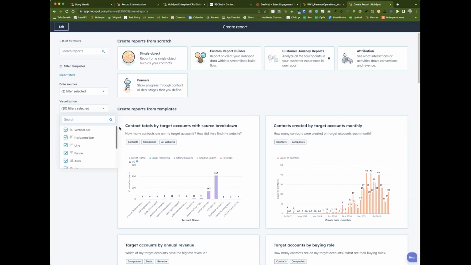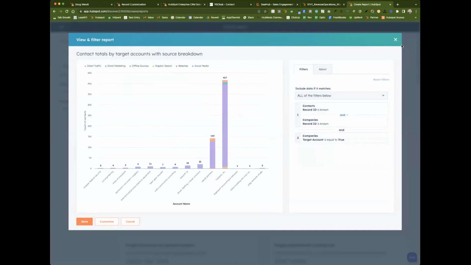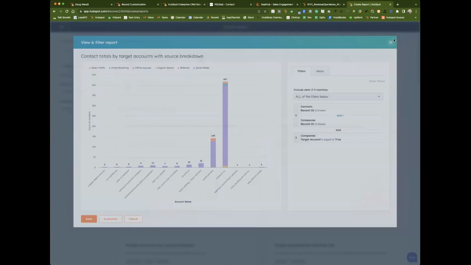Again, you don't think, oh, I want to see this in a pie chart until you see it in a pie chart and you're like, oh yeah, that looks nice. Or you don't want to see it in a column chart until there's a ton of color and attribution reporting. And I just think it really does have an edge there.